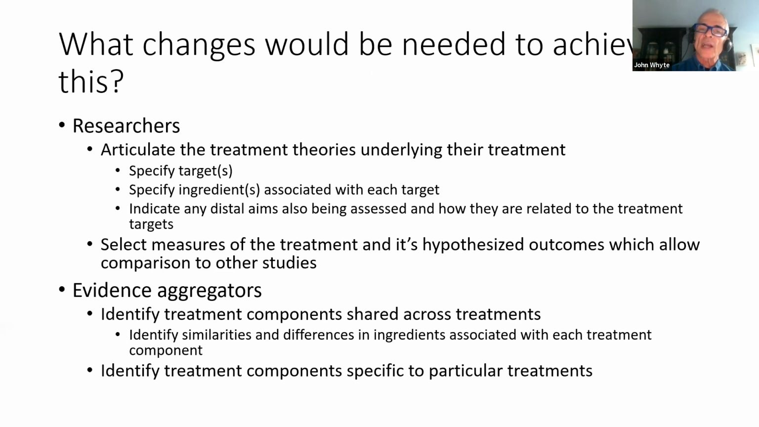And then to select measures of the treatment and its hypothesized outcomes that would allow you to compare it to other studies. And then people who are trying to aggregate evidence would need to look at a bunch of different treatments and say, well, do they have the same treatment components? Oh, they overlap in these skills and habits, but this motivational intervention was present in this treatment, but not that treatment, and so on and so forth, and then identify treatment components that are specific to particular treatments,